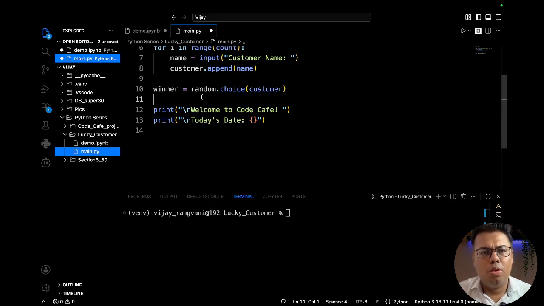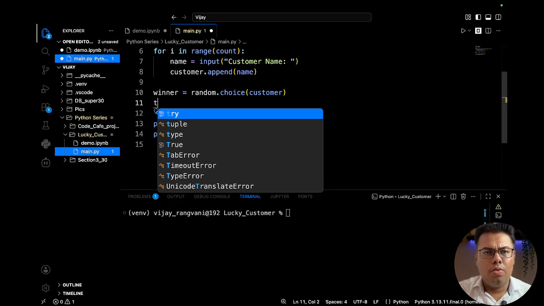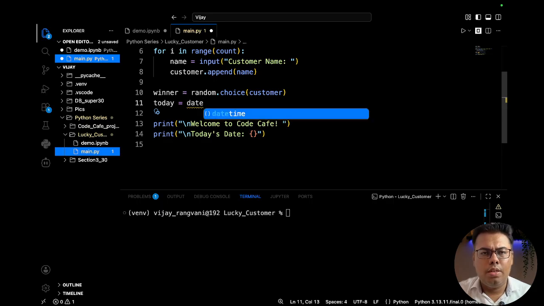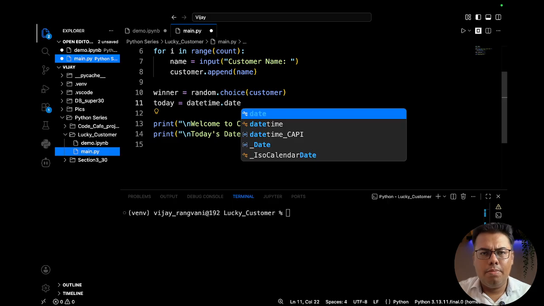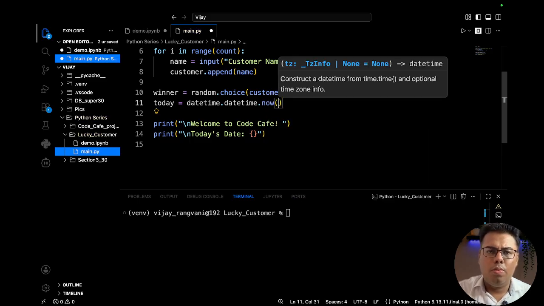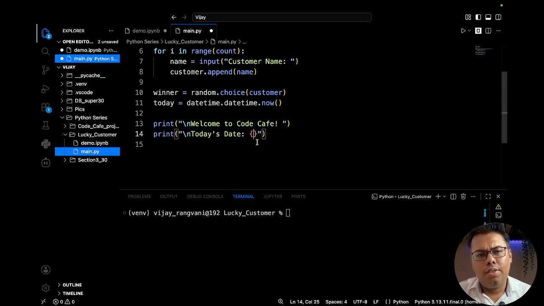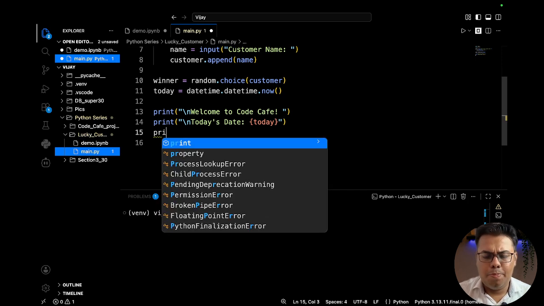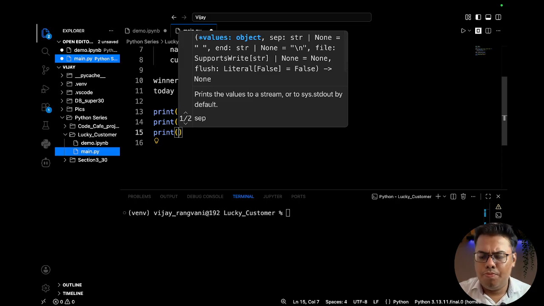Okay, we forgot to have a variable which we can capture today's date. So we will use the datetime module. Okay, datetime dot now, so we will utilize that, and we can capture this in the today variable. Now we will have a printing of